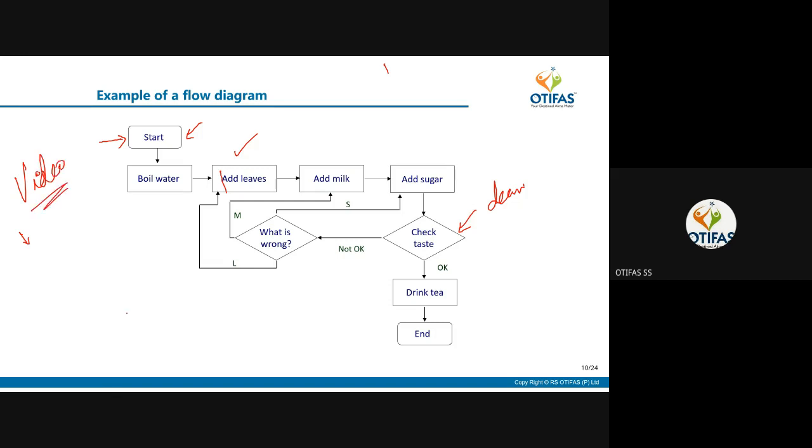Actually, what is it that you are learning? You are learning the process. And if you follow the process the same way, even if you're doing it for the first time, you can make tasty food by just seeing that video. So that's a process. Now this is a process flow map.